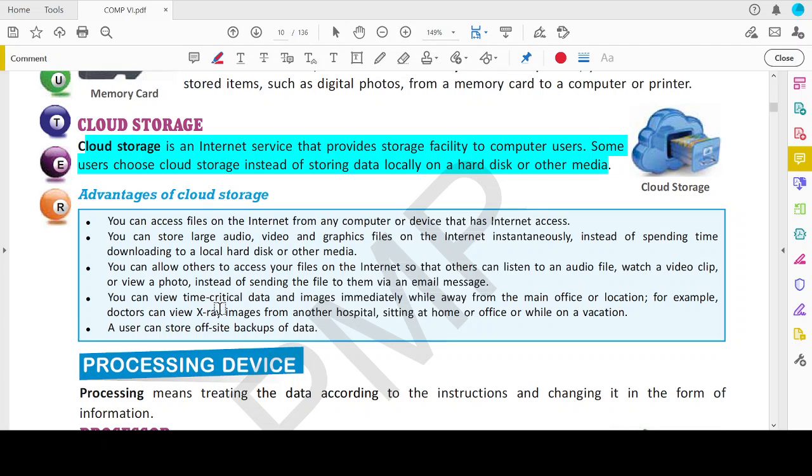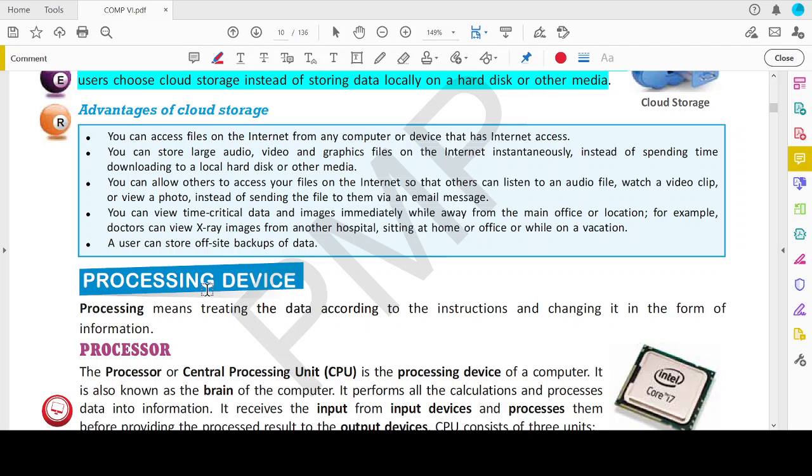Once the data is on the server or on the cloud storage, what will happen? The other people who are also connected to that server will get those images, will get that data instantaneously according to the speed of the internet. Instantaneously means it will depend on the speed of the internet they are having, right? So it is no more your concern. It is the internet concern, the network issue they are having.